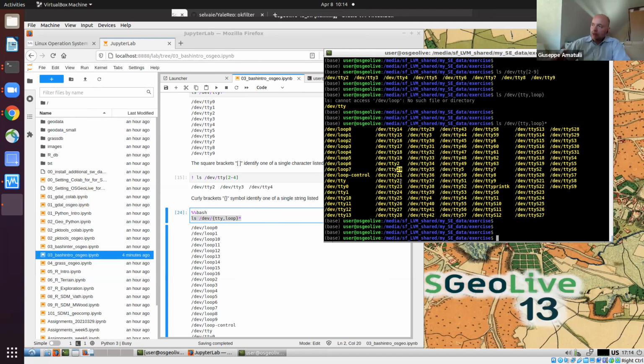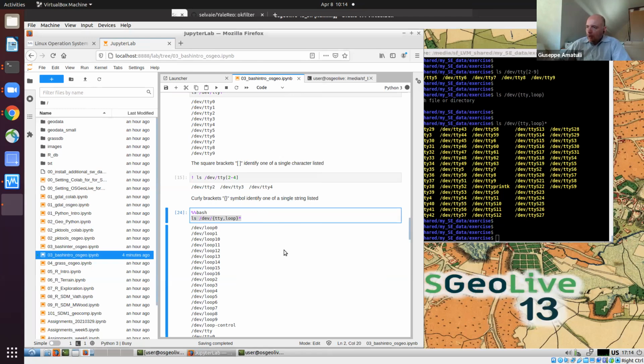I will try also, I need to set up the VPN. No, I already set it up, but I need to start the VPN to log in to the Yale cluster and show you how we list a big list of files and how to treat the files in a proper way under the Bash syntax. Okay, so this long list, but